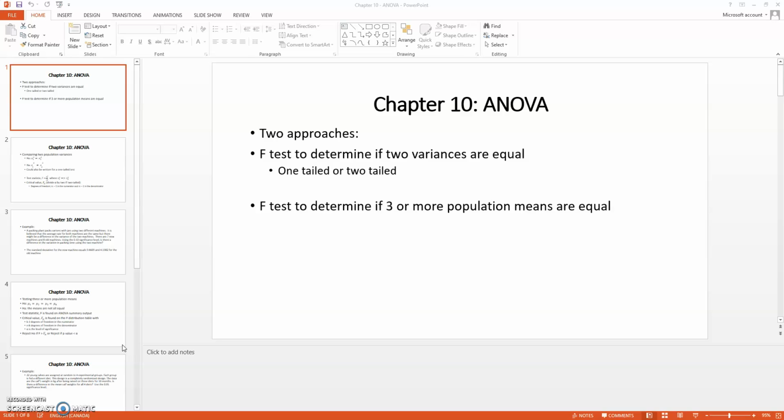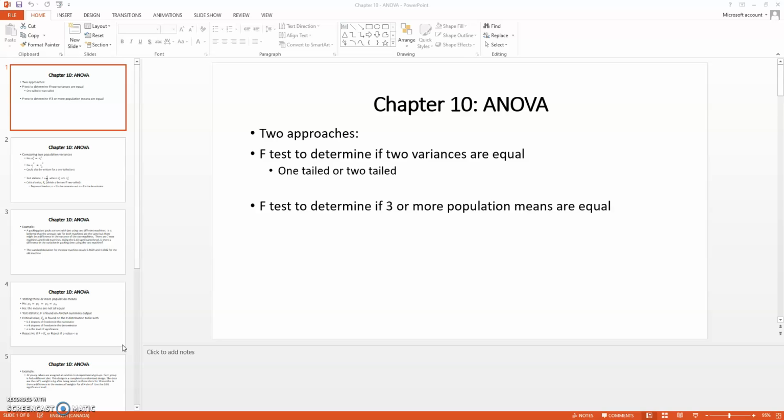There are two approaches covered in this chapter. One is an F-test to determine if two variances are equal. It can be a one-tailed or two-tailed process. And the second part of this chapter looks at an F-test to determine if three or more population means are equal. So in this first process,